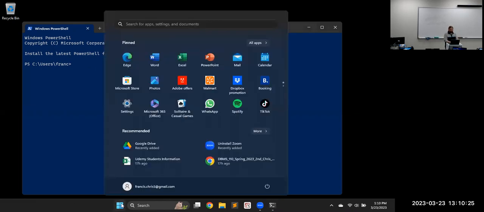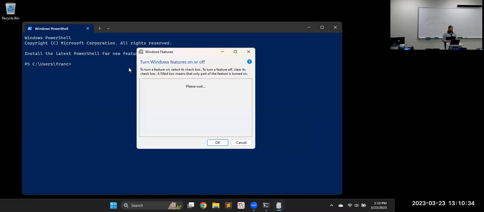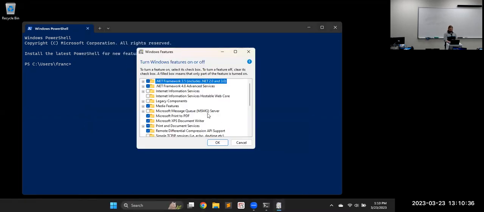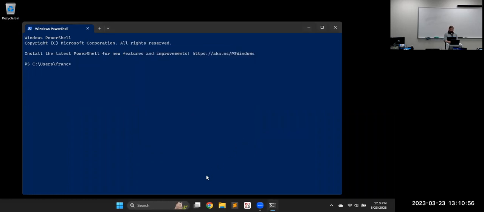This one you have to restart your computer, but if you go to the start menu and search for "turn Windows features on or off," anything on this list you have to restart your computer to do. But down at the bottom you'll see Windows Subsystem for Linux somewhere on this list. You just hit that check mark, and after you restart your computer, it will be installed on there